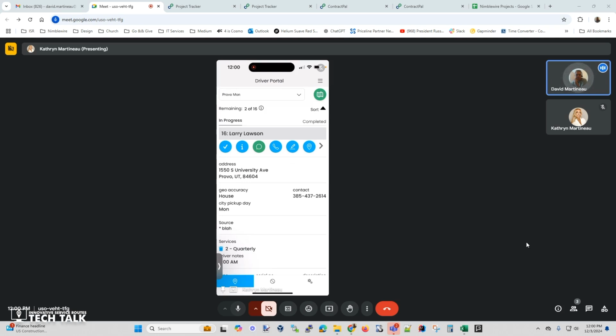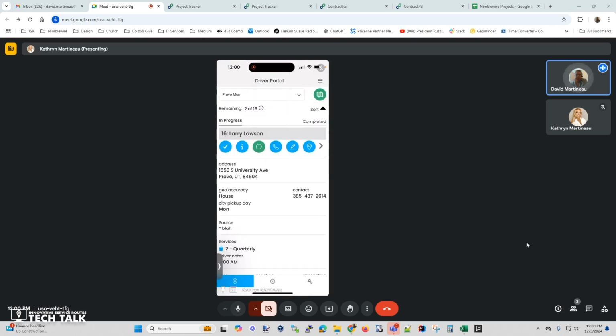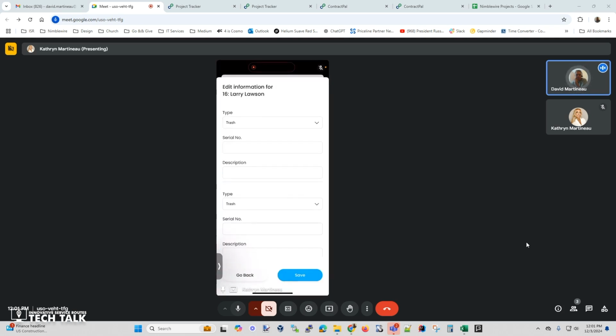Those next two are just like before. One is to send a text message to the customer, and the other is to call the customer. And then that edit icon is for editing the trash, the services. So in this case, it's trash can. So you can edit serial number information down below